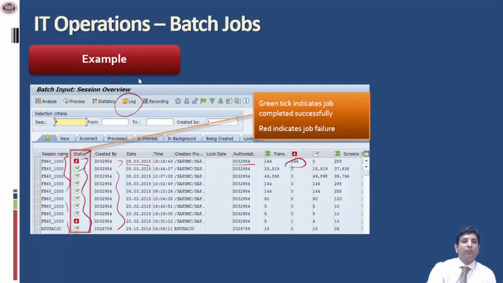Please note that in this example, we have used one ERP as an example. It is possible that in other ERPs, while the features and the functionality may be similar, the implementation or the layout or the structure may be very different. The screens may be different. So for each ERP, we need to understand from the client as to how the batch jobs are initiated, scheduled, and processed, and how error handling is done.